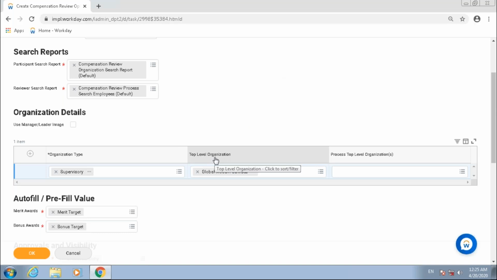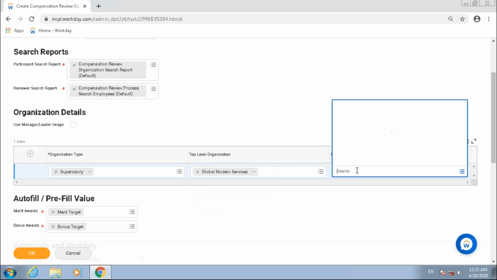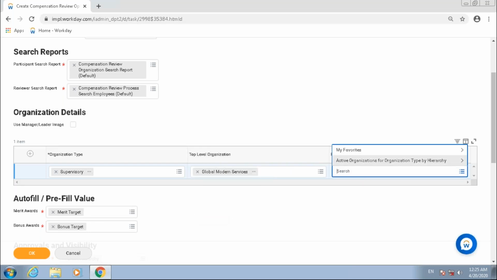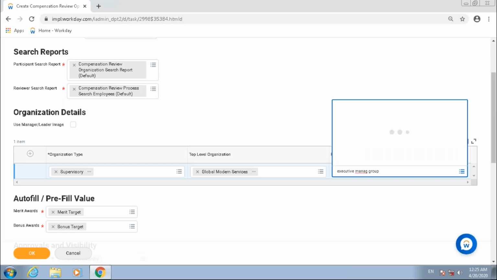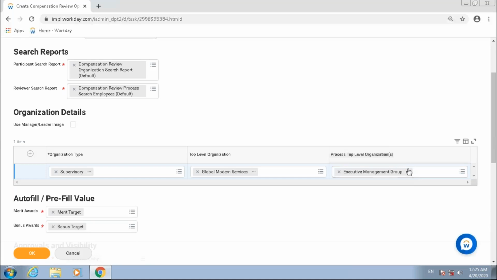So if I look at the description here, I need to specify the top level organization of that hierarchy. And here I specify the level till which your compensation review should be initiated, right? Obviously, there's no one to perform compensation review for your CEO, right? So usually it would be one level. So in this case, ideally I'll specify executive management group, which is one level below my Global Modern Services,